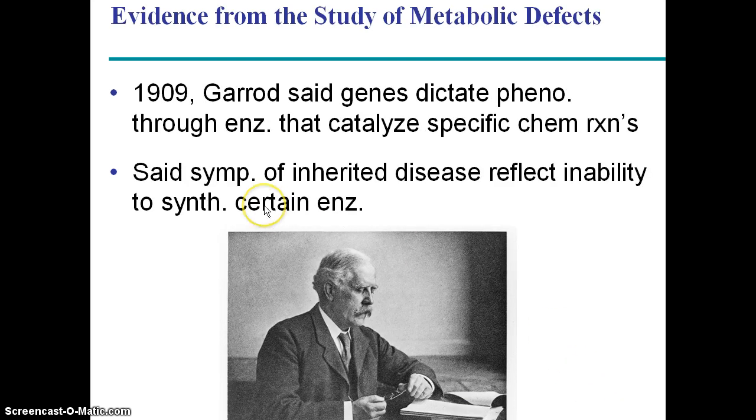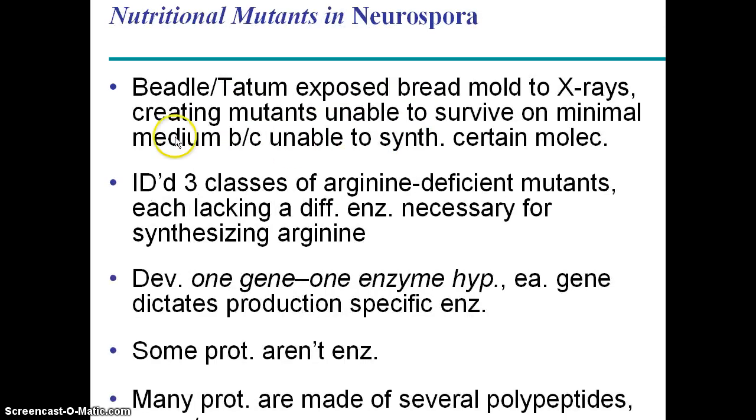All right, now Garrod, basically all you need to know about his work is that he was able to demonstrate, or postulate, the idea that disease is a result of deficient genes which fail to produce functioning enzymes. Now, this idea was tested by Beadle and Tatum. Please make sure you are familiar with their experiments.